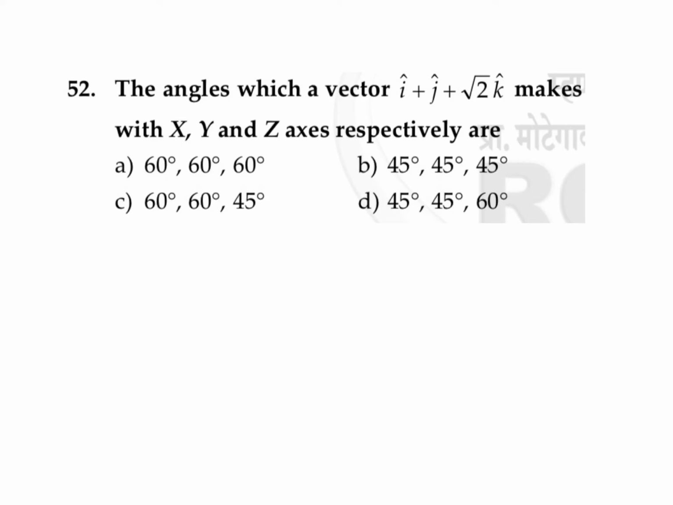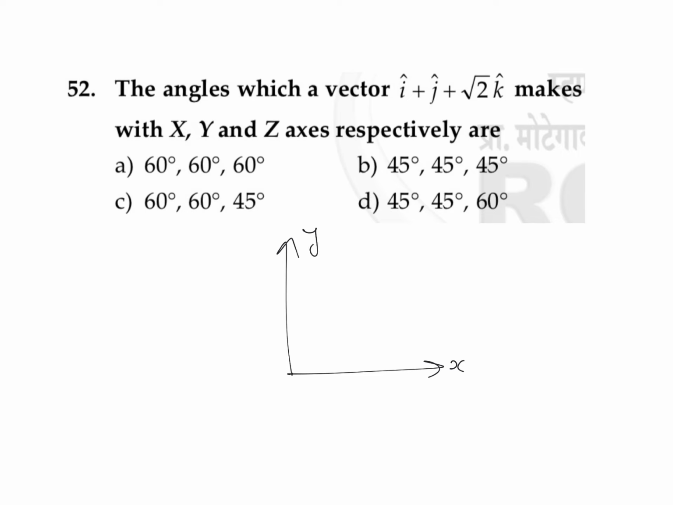In this question it is given that the angle which a vector i cap plus j cap plus root 2 k cap makes with x, y and z axis respectively. We know that for a question something like this, we need to use the concept of direction cosine. So you might be remembering that in case of direction cosine, we discussed that if we are having a vector